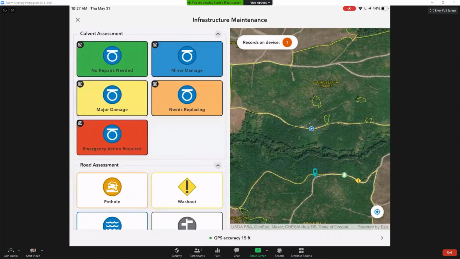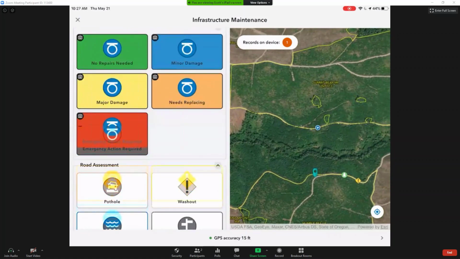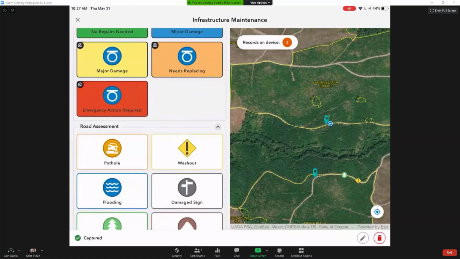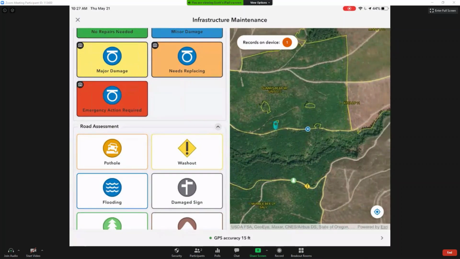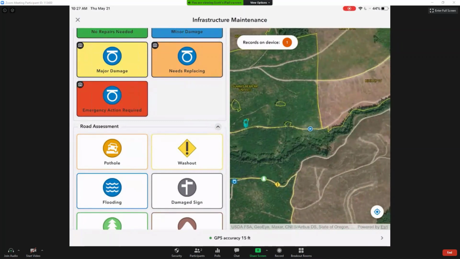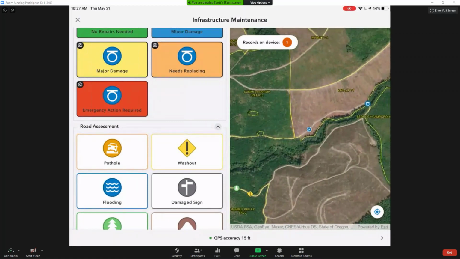So we can see here the location of these observations is really just being captured from the device itself. So down here at the bottom, I can see kind of a GPS accuracy, 15 feet. Right now, that's using just the integrated receiver of my device, and I'm using an iPad here, but we can augment that with a high accuracy GNSS receiver. So if you need to get very fine grained, very accurate coordinates, you can certainly pair an external receiver and get that information from that receiver.